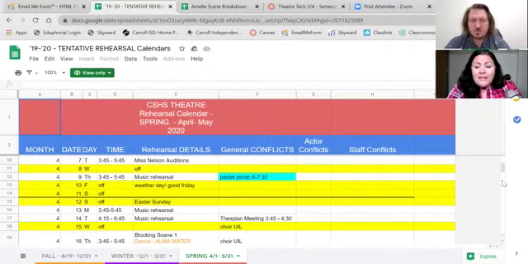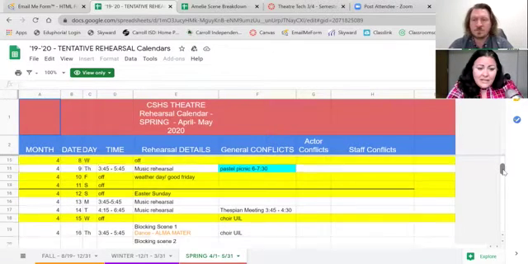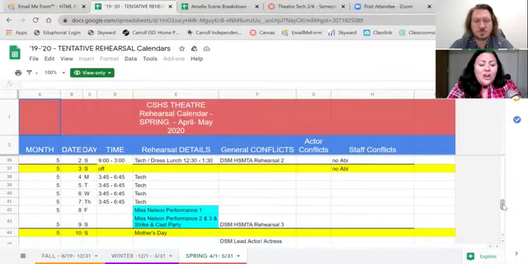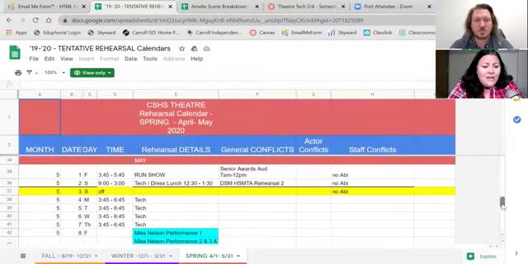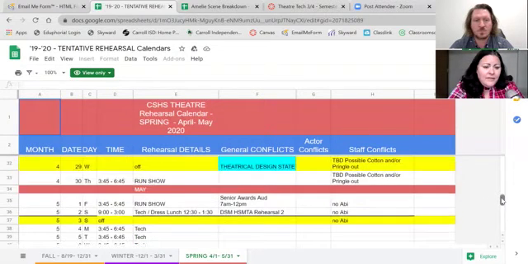Now, when I put my schedules together, I don't know if everybody does it like this, but I do. I start at opening. And I work backwards because I know how many tech rehearsals that I want, how long I think that's going to take me. And you know that just from directing. I mean, Mr. Barbe and I have both been doing this a while. So I know that I want those 4 tech rehearsals going in, 5 if you count this really long 9 to 3. Before I even have a tech rehearsal, I'm already running the show with no tech.